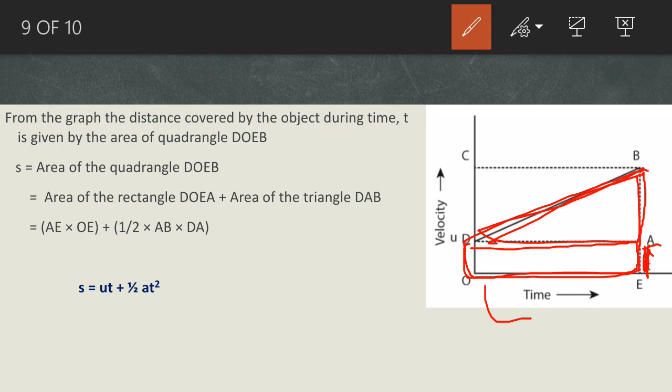OE is nothing but T. So therefore it is U into T, plus half into AB. AB is nothing but A and B, this one. So AB can be written as